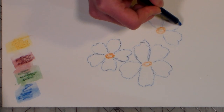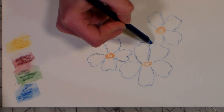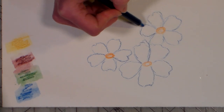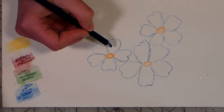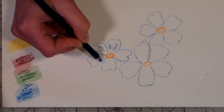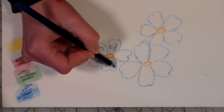Sometimes I find it's quicker to paint with watercolors. Sometimes I find a picture lends itself a little bit better to the watercolor pencils. I'm using Inktense by Derwent. They are a very vivid colored pencil. And while I'm at it here, I'm going to go in and add some of the blue. I have to be careful not to press too hard because my pencils are a little damp